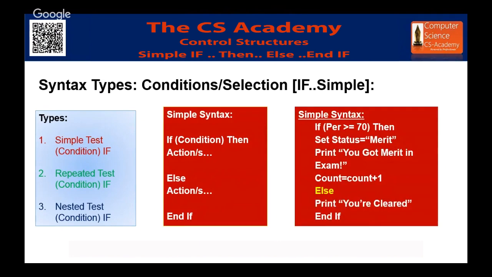from the daily routine. Let's suppose if I secure 70% marks, then I will be given a merit. That means I can get a scholarship or something like that. So this is a simple condition which is based on just one condition. If percentage is greater than or equal to 70, and if I have not put the end clause over here, that will restrict the limit.